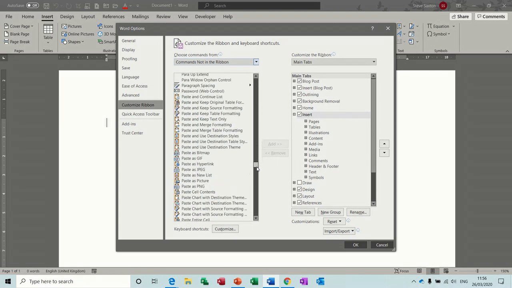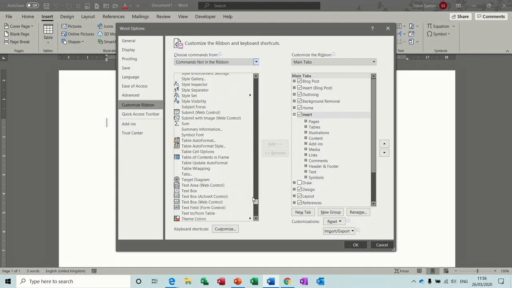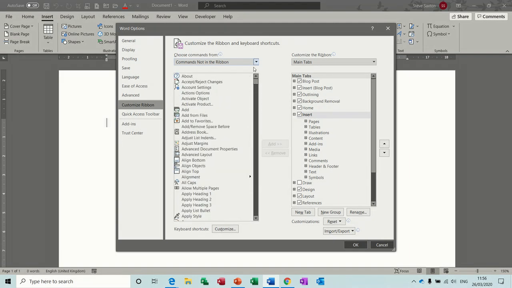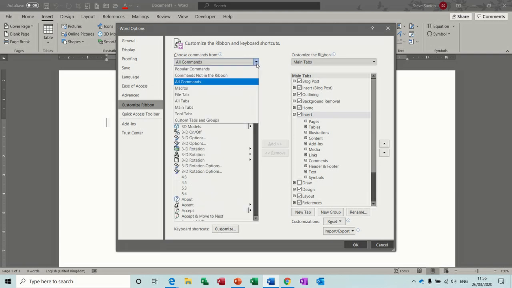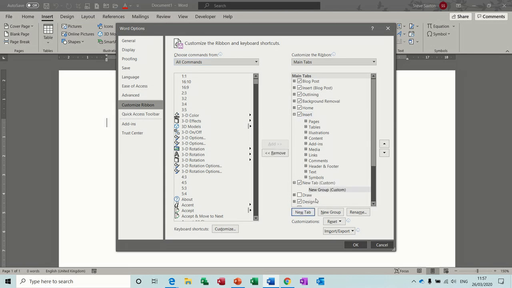You can see there's hundreds and hundreds of options there that are not on the ribbon but are available to use. And then you've got all commands, and you can see also you've got all the different tabs you can select from as well. So to create a tab on the ribbon, like Home, Insert, Design, etc., you can just click on new tab, and then you get a tab name which you can use. Let's just call it Steve,